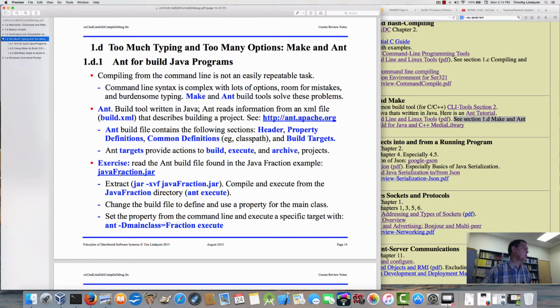And we'll go through the example, actually we do the Java fraction example for Ant, for the build file for Ant, and then we'll go to the C++ example, because in those that we executed last time, you'll find that there is both a Makefile and an Ant build.xml file. Okay, so